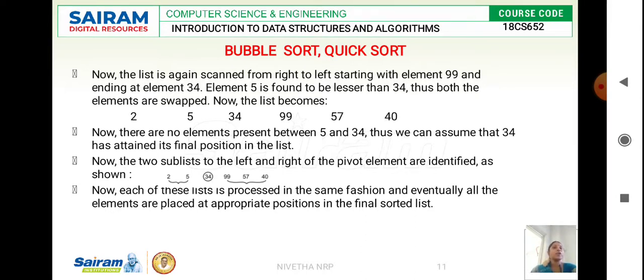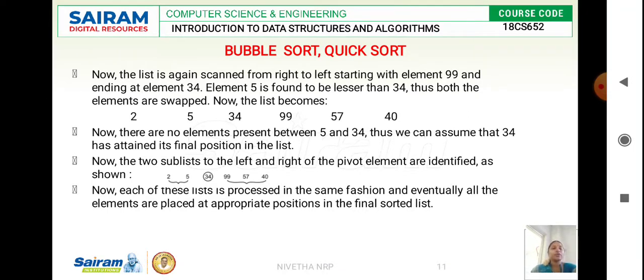It doesn't mean all your left sorted elements are sorted ones. Now we are going to apply a logic to sort the elements. After segregating based on your pivot element, the elements less than the pivot element, you have placed in the left subarray, and the values higher than the pivot element, we have placed in the right subarray. But it doesn't ensure that the right sublist and the left sublist are sorted.